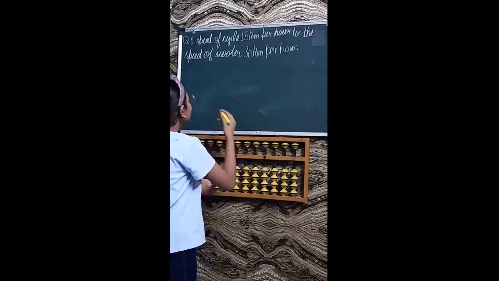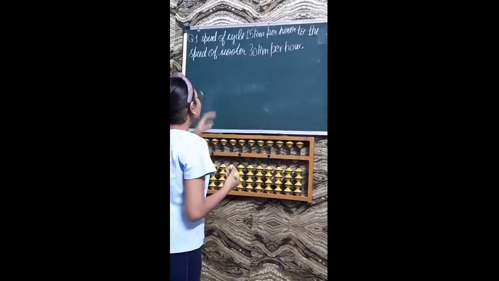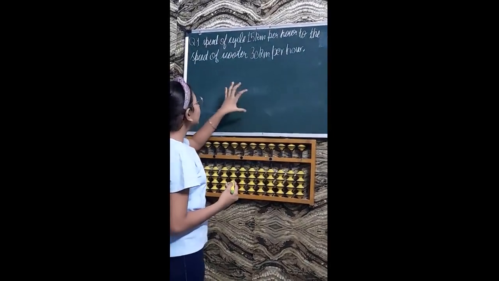So you know that we have so many problems in NCERT questions. Now for the students in class 8, there is a new concept. So I have brought these NCERT questions for you. So the first question: we have to find the ratio of the speed of a cycle, 15 km/h, to the speed of a scooter, 30 km/h. So this is our question and I will solve it on the board. So we have read the question. Now let us start with the solution. That's a really easy question. We can do it really easily.